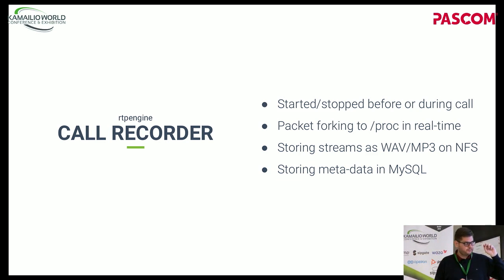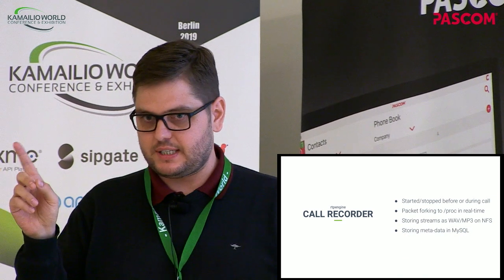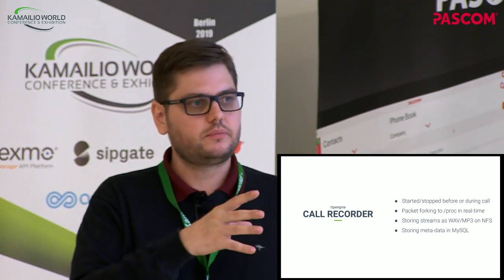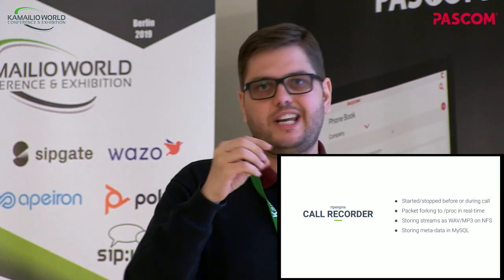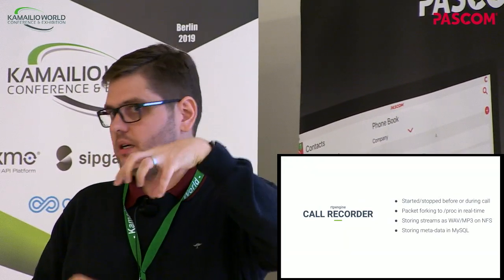And what RTPEngine does here is it actually forks packets that it receives on both sides into the proc file system using the kernel module, and it forks them in plain. So even though you have, for instance, on one hand, an encrypted communication, you can actually still record it in plain if RTPEngine is instructed in the middle to encrypt and decrypt the two legs. The reason why it's being forked to proc is that if no consuming application is sitting on top reading it, it won't run the file system full.